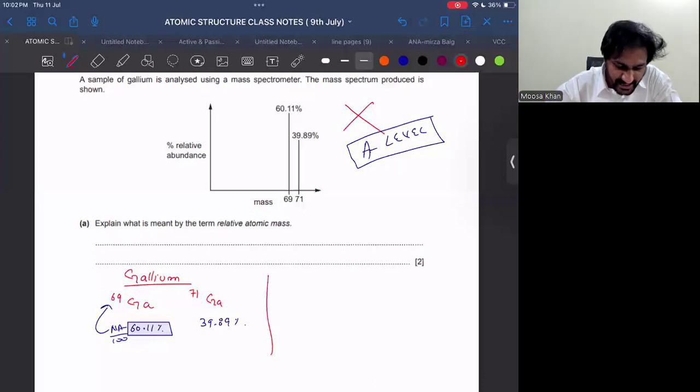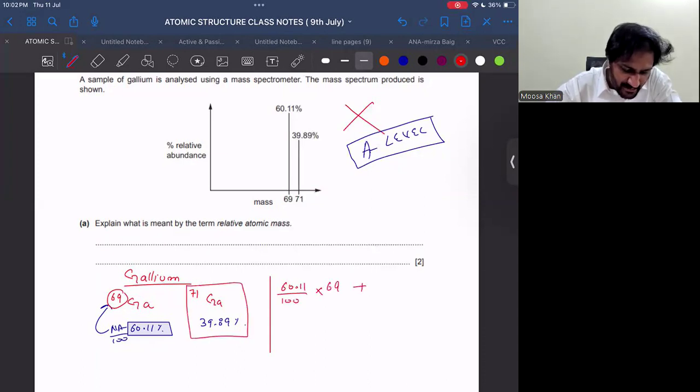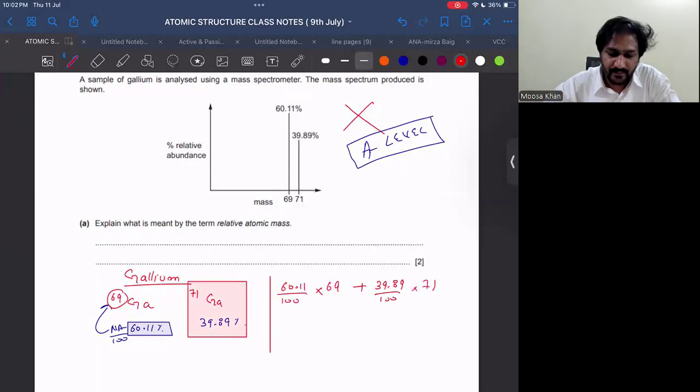Percentage given है, percentage of gallium 69 isotope is given, which is 60.11. You just divide it by 100. That's how you calculate the percentages. Multiply by 69, plus the second isotope of gallium has a relative abundance of 39.89 over 100 multiply by 71. So if you take the sum of these two values, you will get the average mass of gallium that you will put in the product table, which is coming out to be